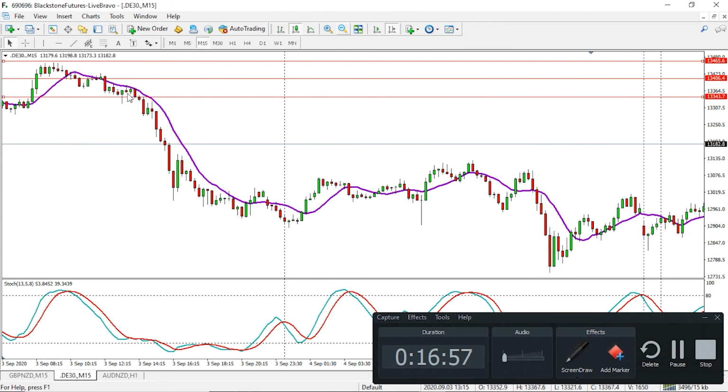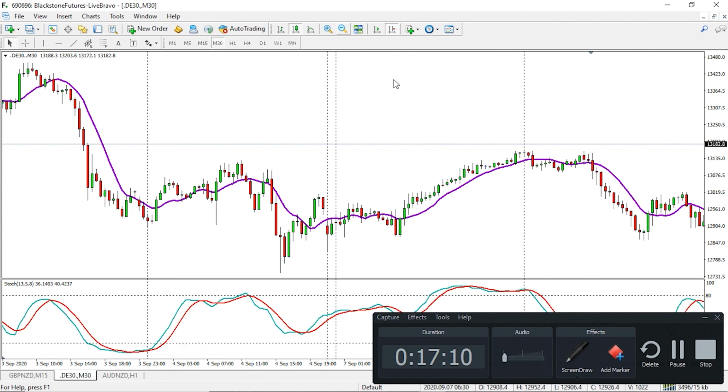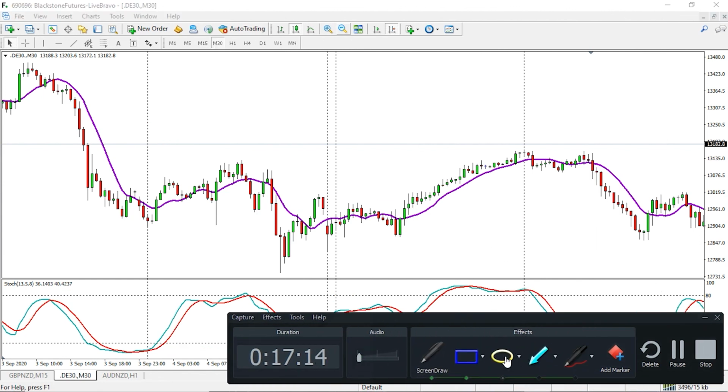So within about 2 hours, you got your 65 points. Okay, guys, and you can keep on going. If you missed the 15-minute chart, you've missed all the 5-minute chart entries, you'll often find a 30-minute chart opportunity here. And again, you just go through the same strategy and you repeat it, and eventually you'll get into a